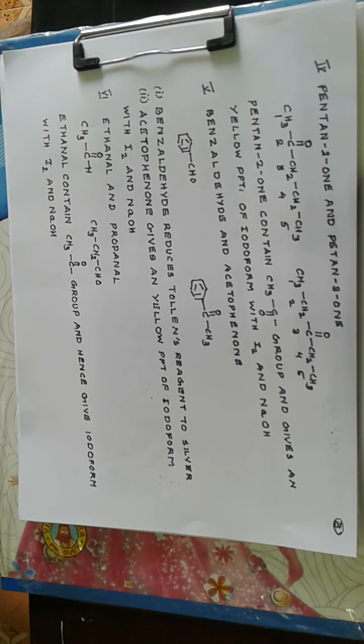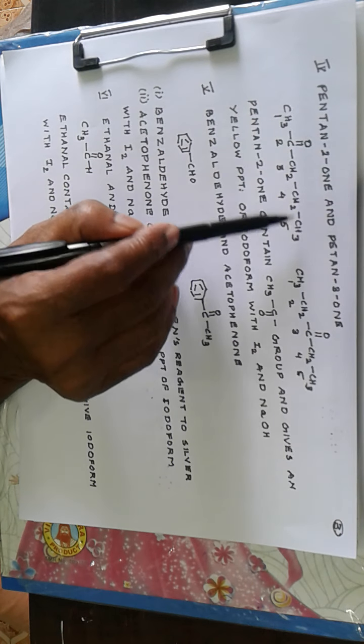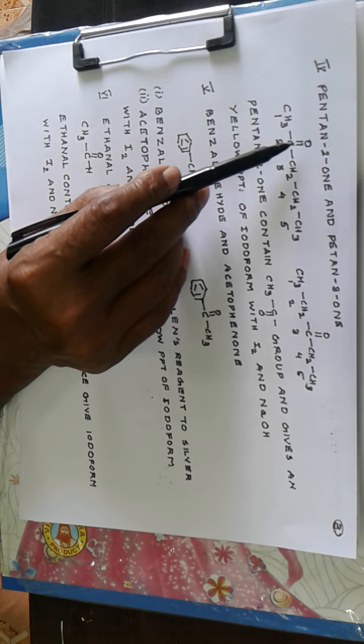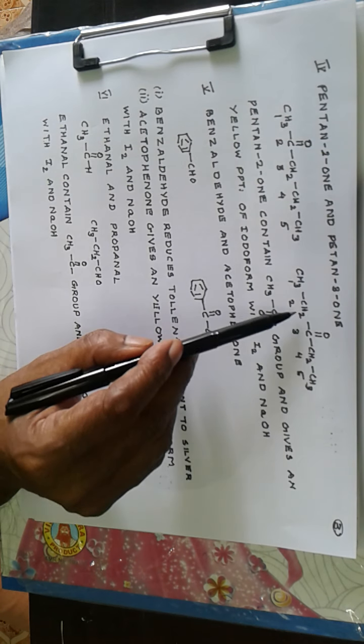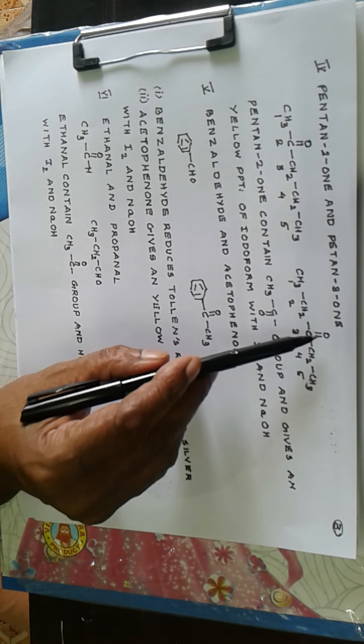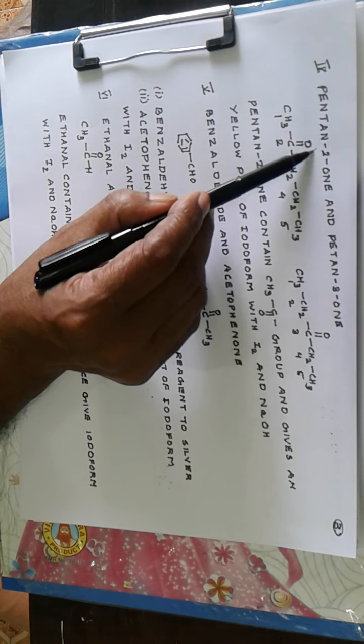Then how will you distinguish between pentan-2-one and pentan-3-one? You write 5 carbon atoms in a chain, and on the second carbon you put a double bond to O. You write 5 carbon atoms in a chain, and on the third carbon you put a double bond to O. And here for pentan-2-one there is the